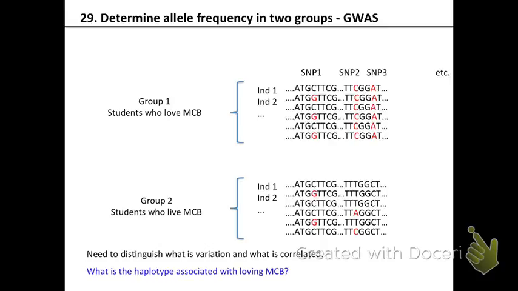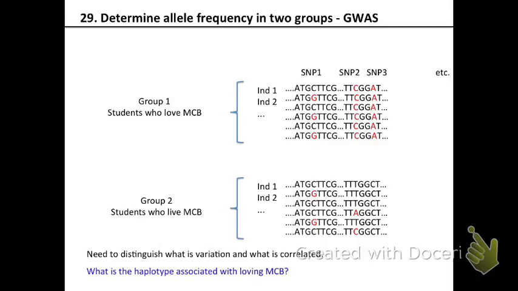What this little thought experiment is not telling you is what is actually variation and what is correlation, right? Because in this toy example, I only showed you a few individuals. So already you can see at this spot that all of group 1 contains the C, but there's a person in group 2 who also contains the C, but that person is not loving MCB, that person is leaving MCB, right? So what that means is that the causal,